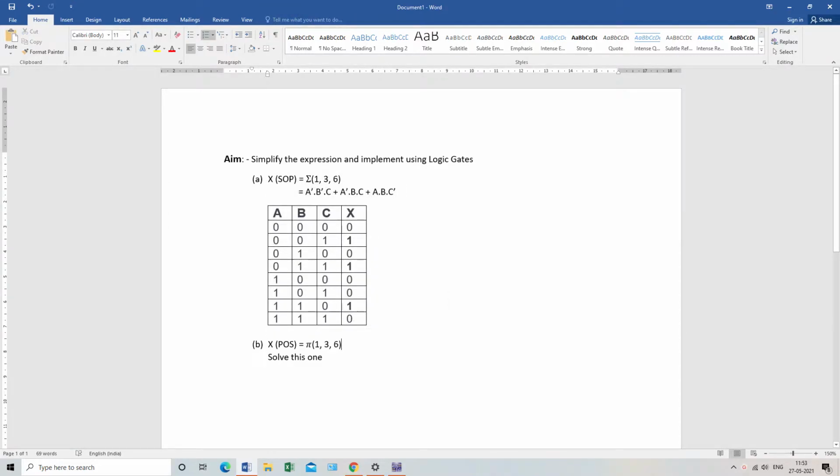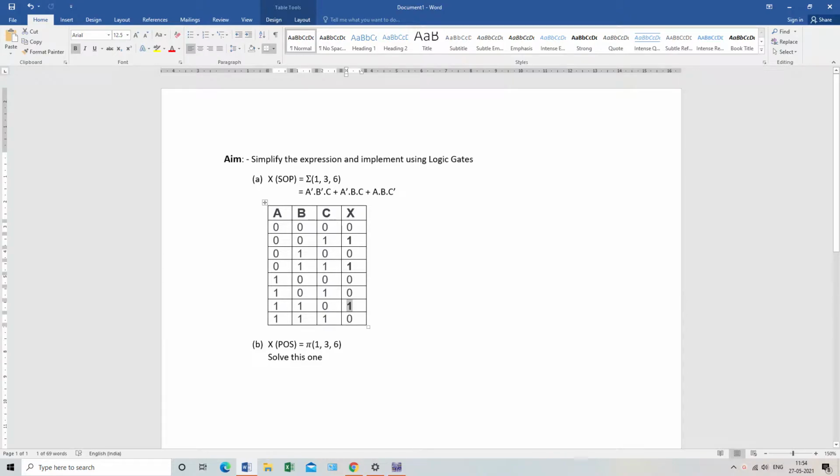Okay, so as you have already studied the SOP form, here my SOP expression is this, 1, 3, 6. So I will implement it in the truth table, and as you can see, my one will come at position 1, the next one at position 3, and the next one at position 6. So 0, 1, 2, 3, 4, 5, 6, 7.